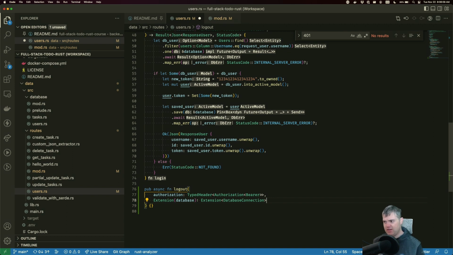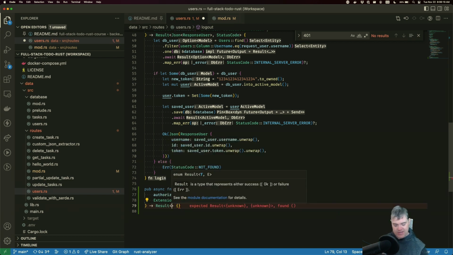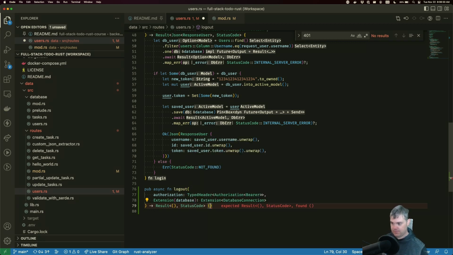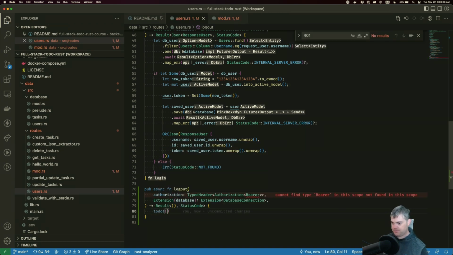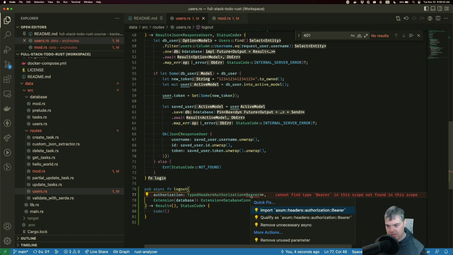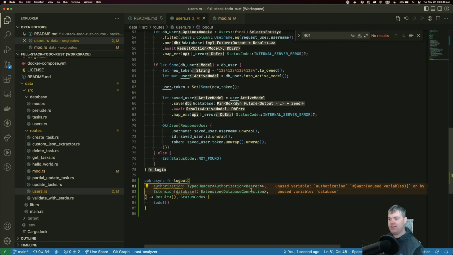I don't necessarily think so, because we're not really taking anything in besides this authorization. Okay, so we're going to return a result. I don't need to return anything if we're successful, and if something goes wrong, we're going to return a status code. Okay, what are we going to do here? Well, let's first start with the to-do so it doesn't yell at us too much. Cannot find Bearer in scope. Let's pull you in, so import Bearer. Okay, everything's happy here.